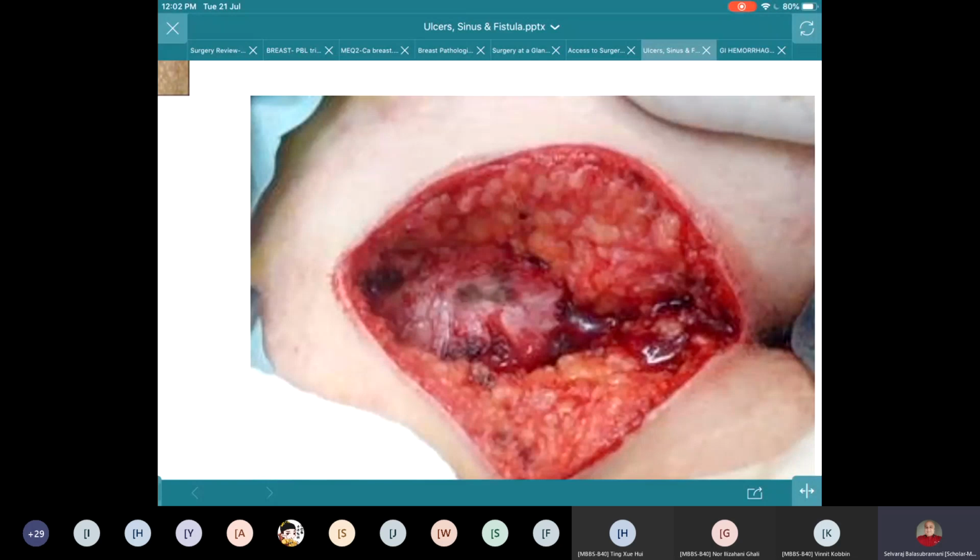After that, you have to wash this area, remove the pus, remove all the hair balls inside. You have to remove everything, wash that area, and then close it in as many layers as possible. Otherwise, the wound will easily gap. What important post-op instruction? After surgery, the patient should not lie down in supine position. Otherwise there is a lot of pressure over the sutured wound. The wound may gap. You have to ask the patient to lie down on left lateral or right lateral or even prone position, but never supine.